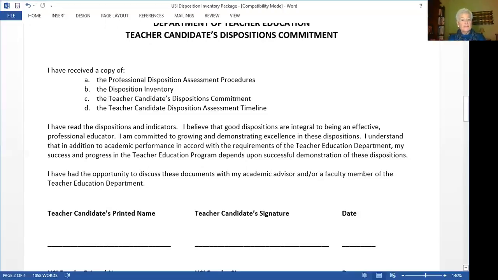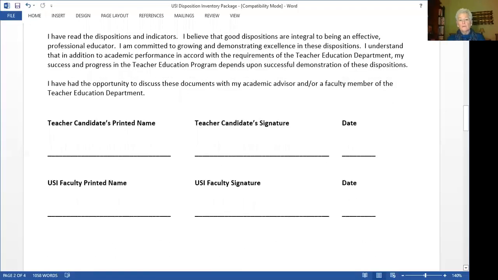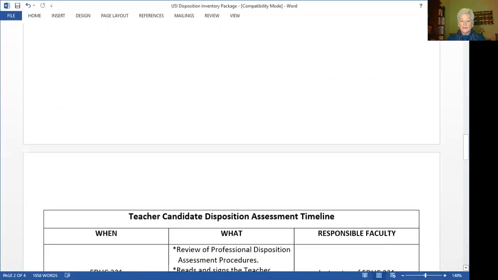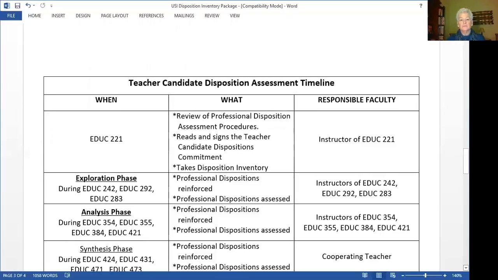After you've read this in its entirety, you will sign this document, and then your advisor or instructor in 221 will also sign that, and this document will become a part of your official file in the Teacher Education Department.